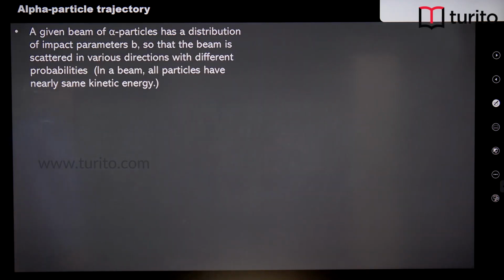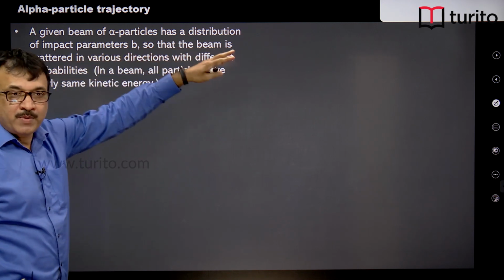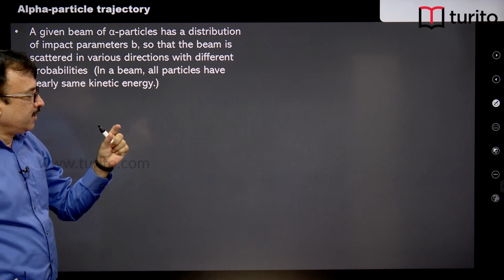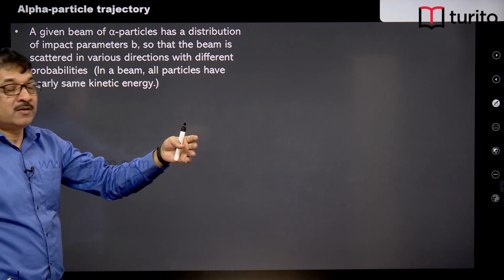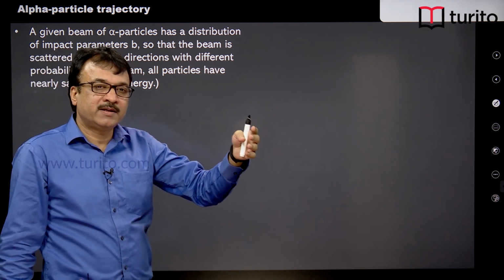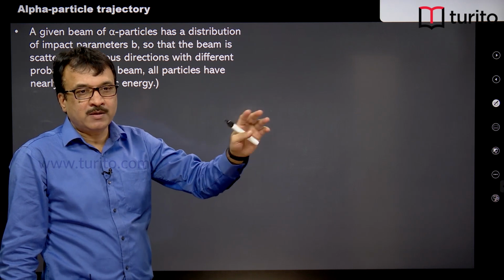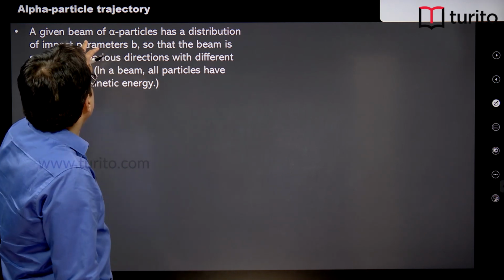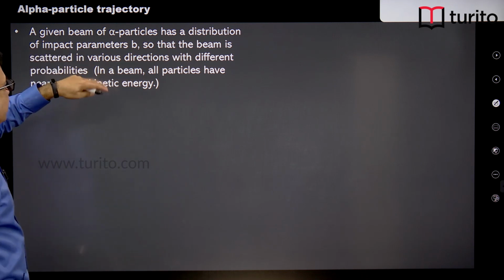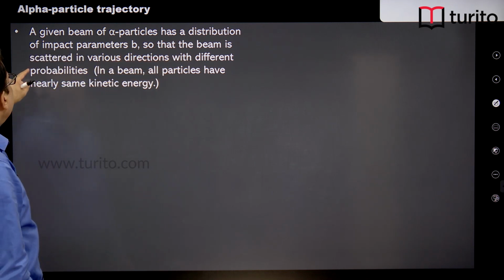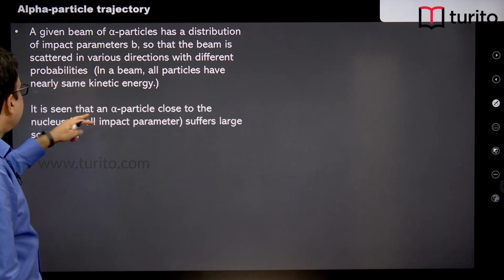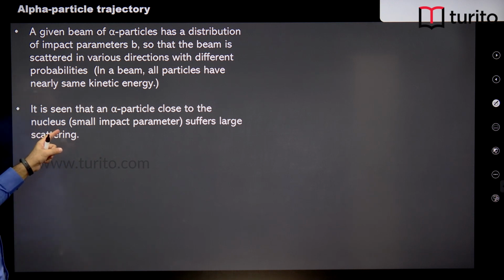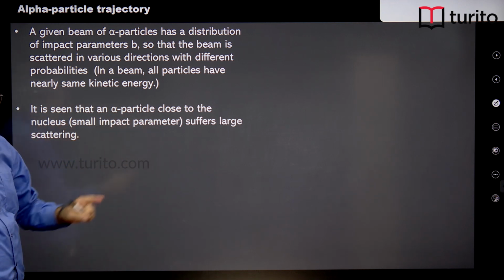So, the final conclusion is, a given beam of alpha particles has a distribution of impact parameters. Distribution of impact parameters means, if a beam of alpha particles is moving, there are several alpha particles in that. For several alpha particles, there are several impact parameters. So, the impact parameter is distributed. So, alpha particles have a distribution of impact parameters b, so that the beam is scattered in various directions with different probabilities. It is seen that an alpha particle close to the nucleus, meaning a small impact parameter, suffers large